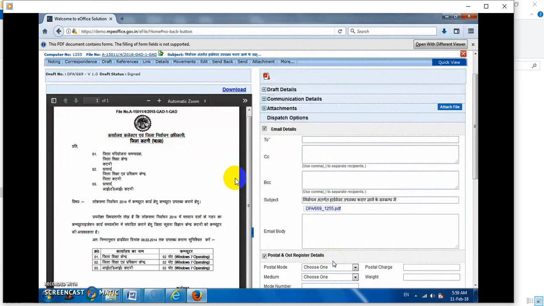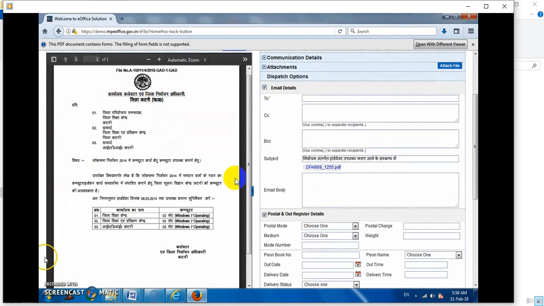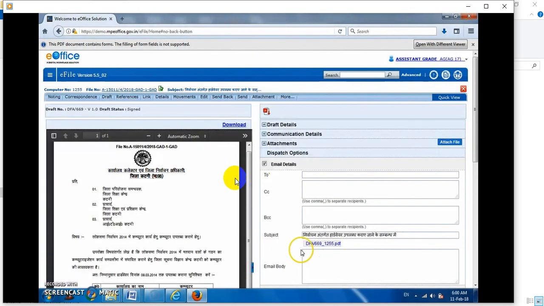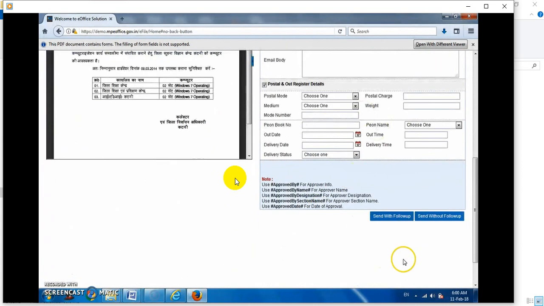We saw the flow between assistant grade and section officer and how approval is done with digital signing. We saw dispatch here: send with follow-up or without follow-up is for whether you need to follow up on this file or not. So we covered a very important part. I learned a lot from the manual and then created these videos, so it may have some missing points. Please inform me so that in future the same can be corrected and help others to learn.